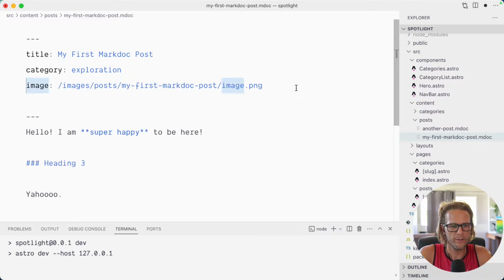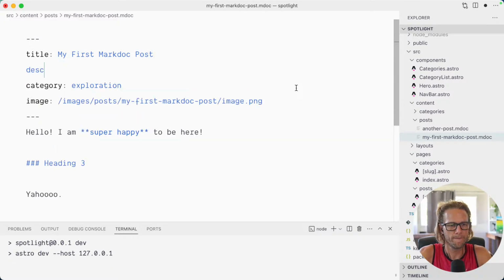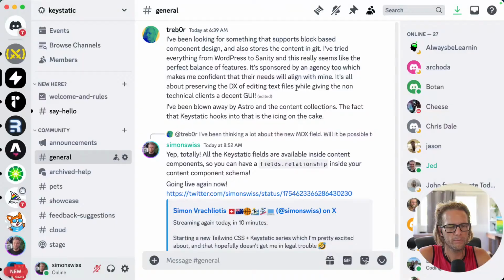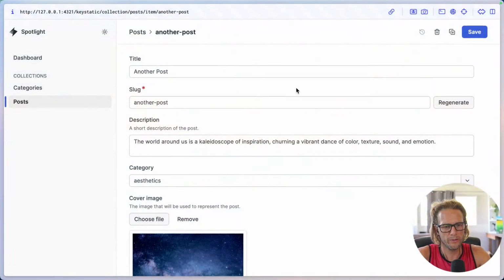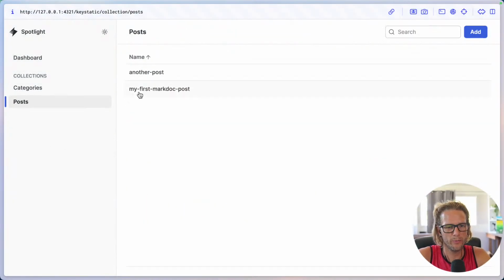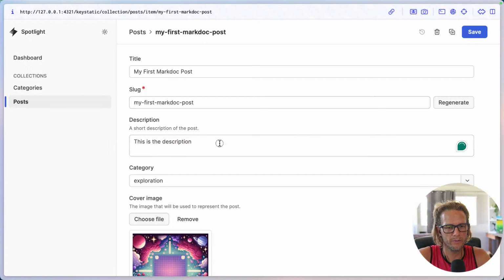Now let's not change the format. This is the description. And that's the beauty of Markdoc MDX. You can work on the files. Now if I go check the other posts, the description is here because I just wrote it. Bingo bango. So now,